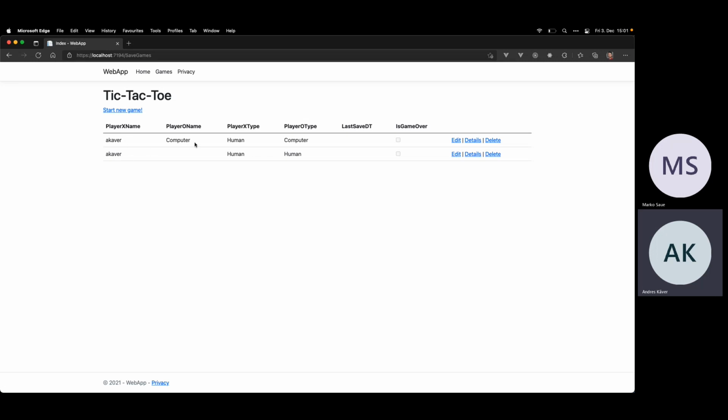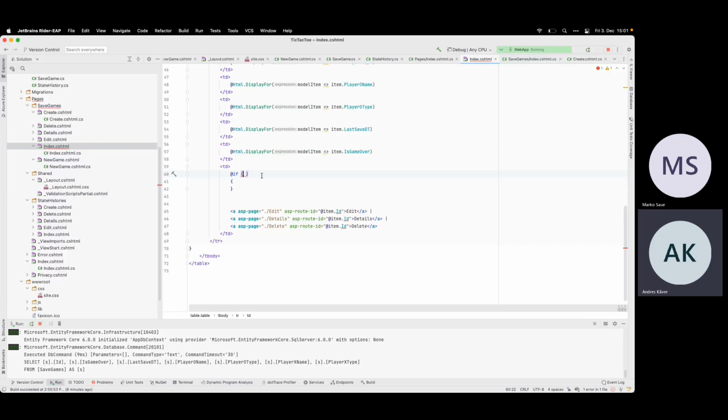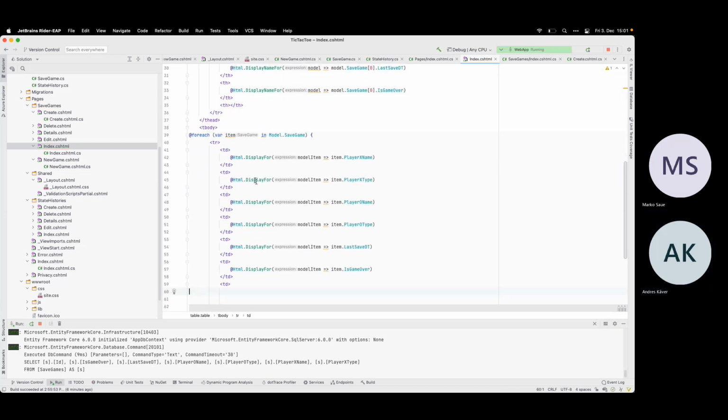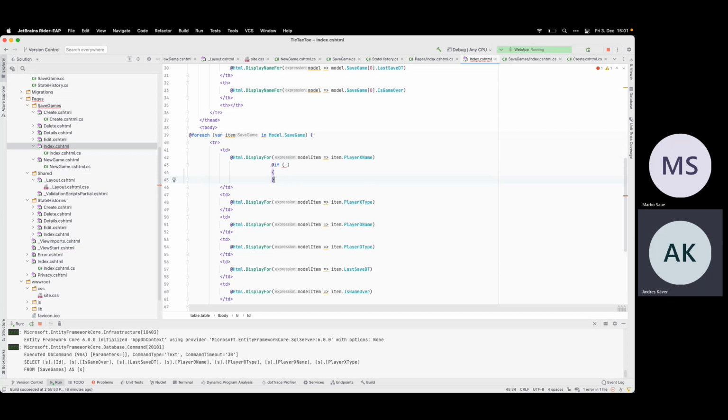The other case here is that I want the computer to make the first move. So both games are unstarted. I can be either player X or player O. How can I force the computer to make the move? I should have some kind of link here, like make first move. Let's write it here.